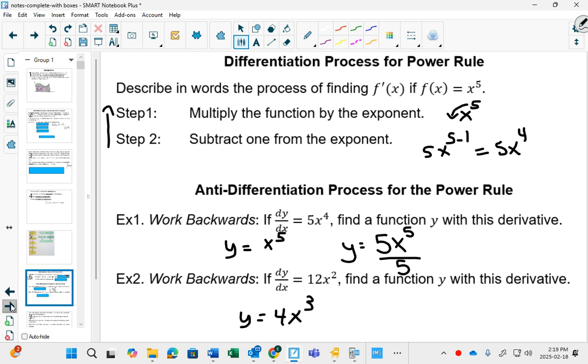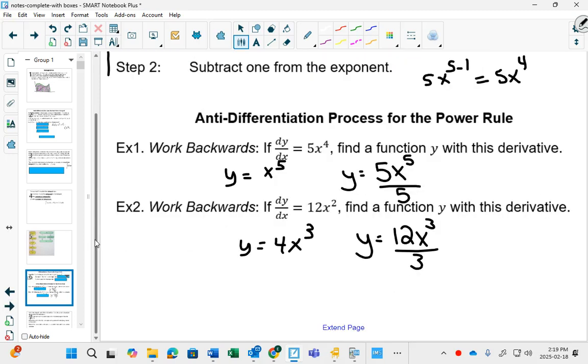Our new process is going to say, well, first I'm going to add 1 to the exponent, and then I'd have to divide by that to cancel out the multiplying. And I'll write it like this instead. It's the exact same answer, but where this process is nice is when I would give you something where the mental math would be,